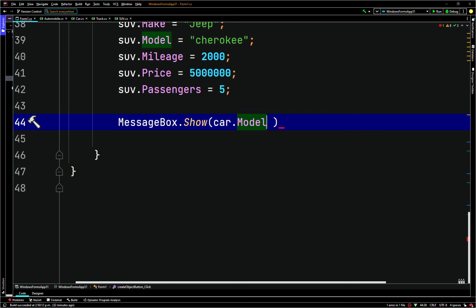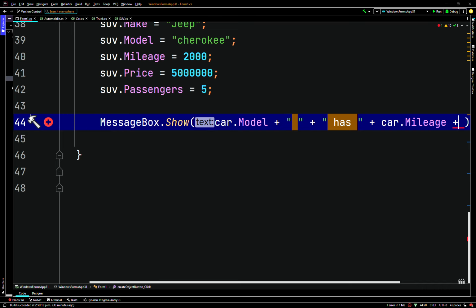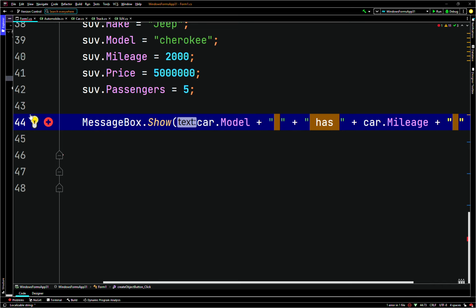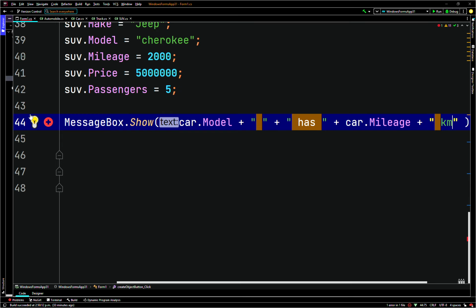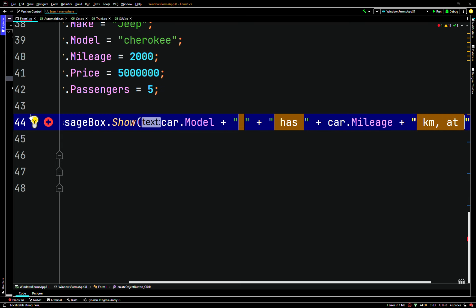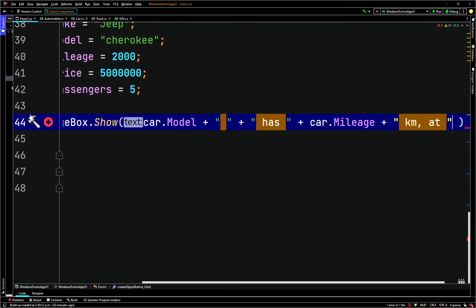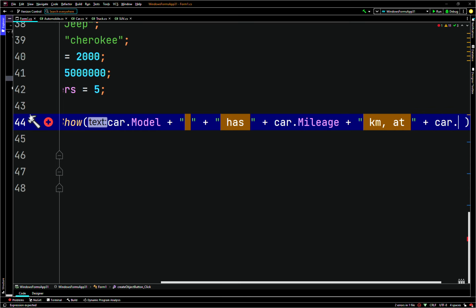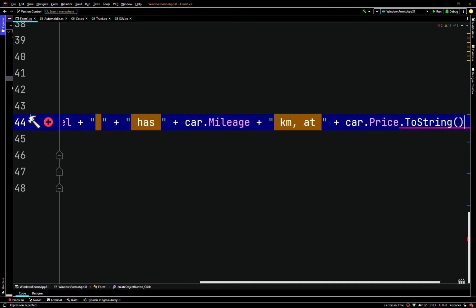Alright, so we'll have MessageBox.Show, and we'll say car.Model plus an empty string, plus a string that says has, plus we'll reference the mileage property, so car.Mileage, plus another string, km, comma, at, close the string, concatenated to car.Price.ToString, calling the method ToString, passing in the C currency formatter,